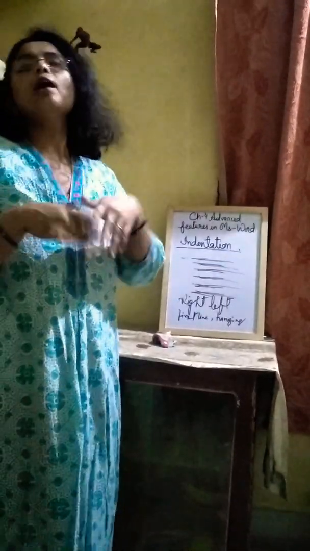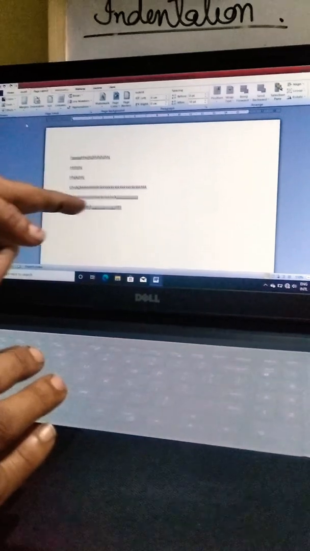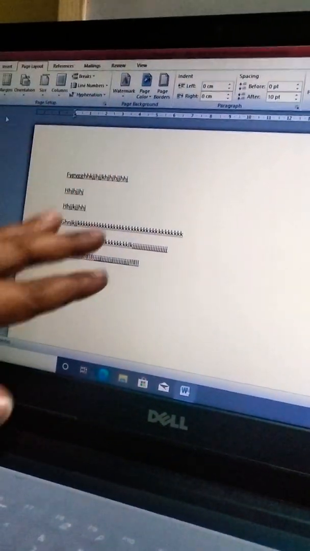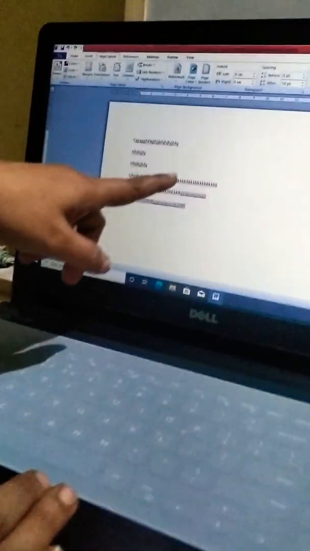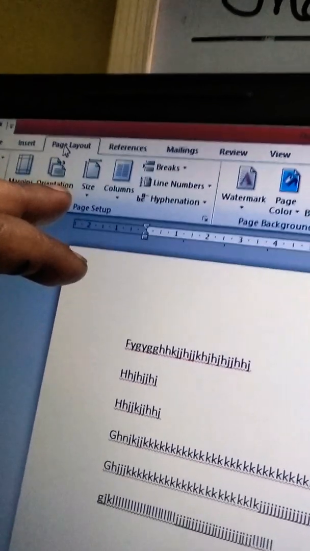Now I will show you children how you will select this indentation. Here you can see some lines I have written. If you want to set indentation here, how will you do it? You place your cursor anywhere in the paragraph, like I have clicked here, and the cursor is blinking here. Then you go to the page layout tab, and after going there, you go to the paragraph option.